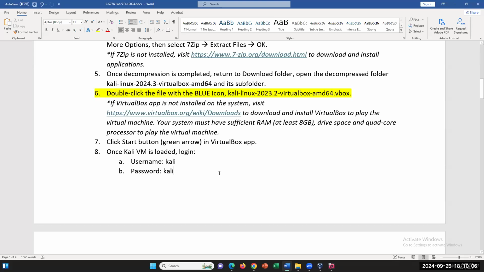Anybody who needs help with loading VM? 8,000 megabytes. 8,000 megabytes already. Are you trying to load the compressed file? Save it under down. The virtual. Yeah, so